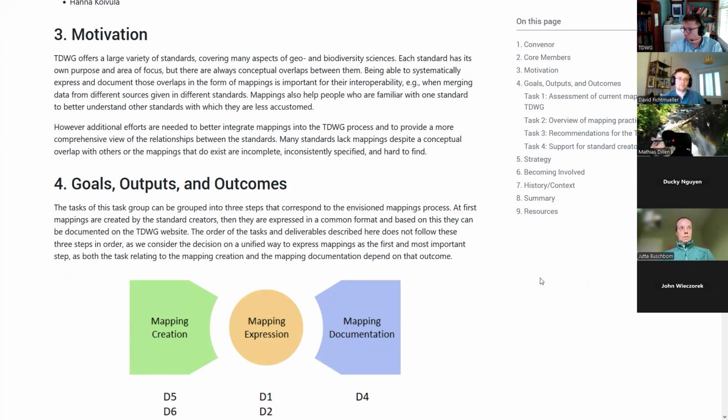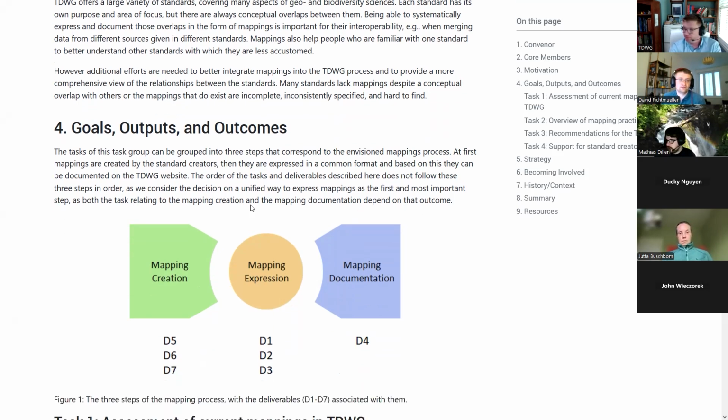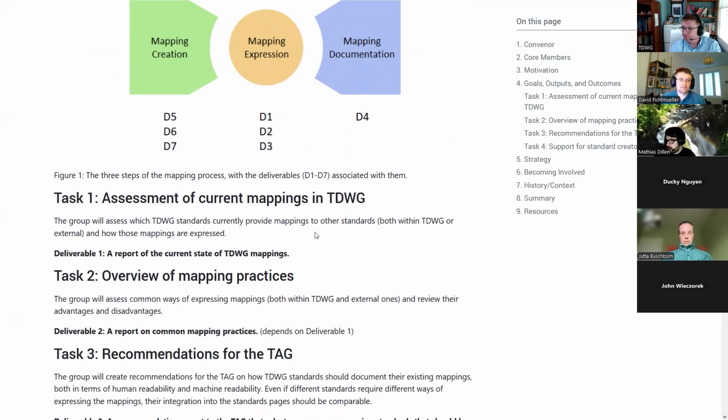So meaning from TEDWIC standards toward outside standards, but also within TEDWIC mappings there. And we kind of chunked those general goals into several tasks.